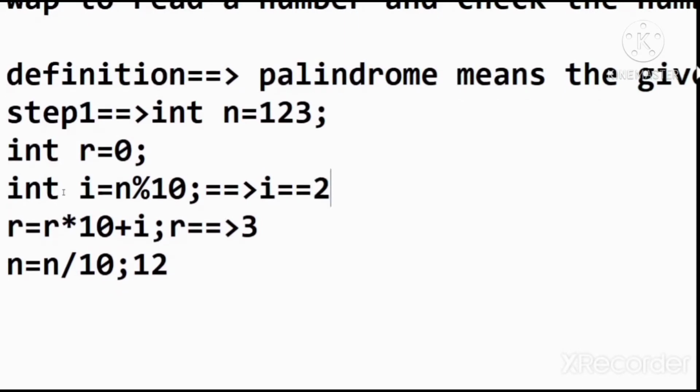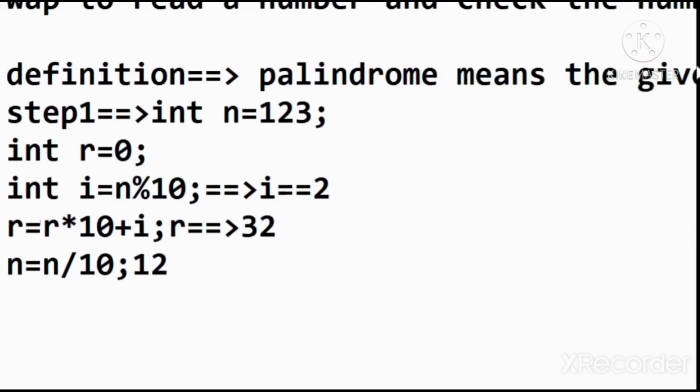Now for r, the value of r is 3, and putting 3 in this formula, 3 into 10 is equal to 30 plus i, the value of i is now 2, so the value of r is 32.